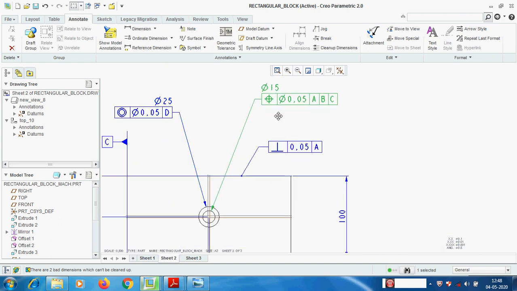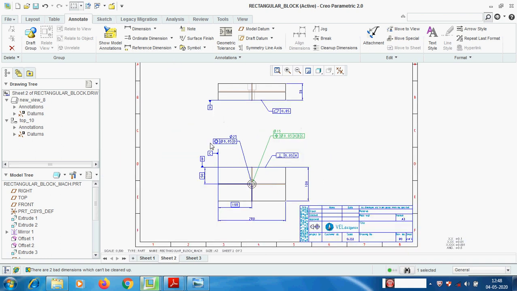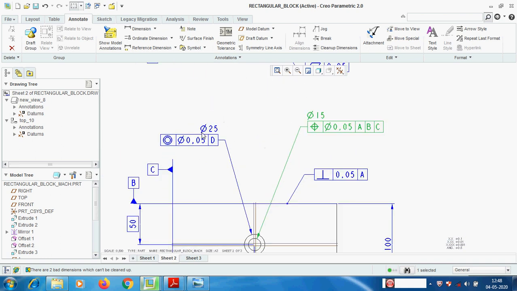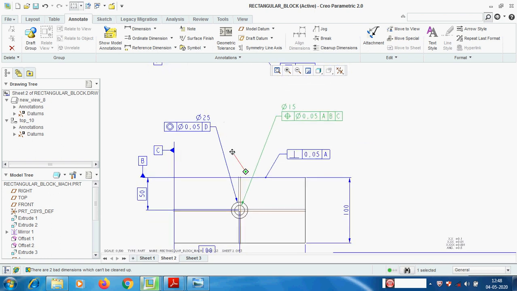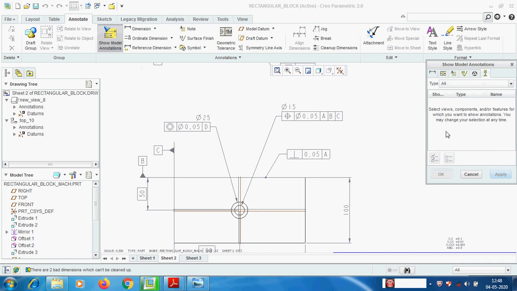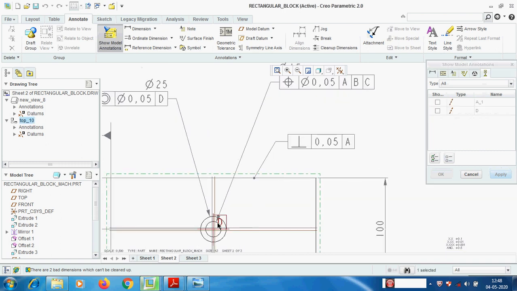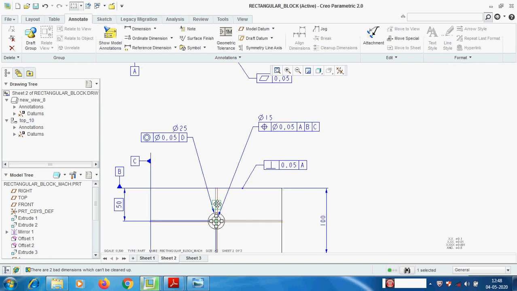Now, see, we have shown A, B, C, but we referred to D and we didn't show the D. So pick this one, pick the view, select the D. Okay. Then right pick, edit attachment.